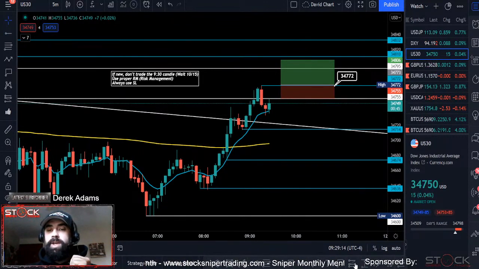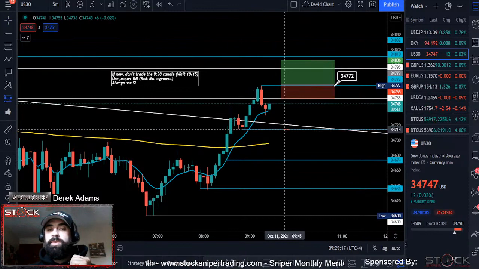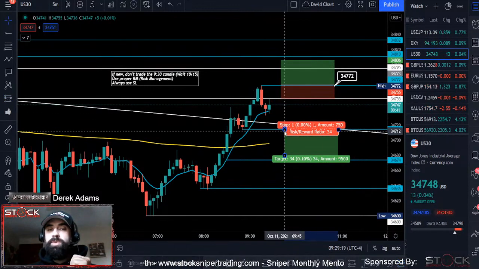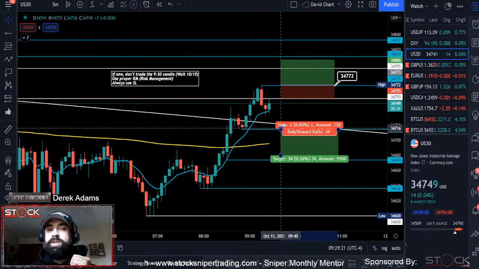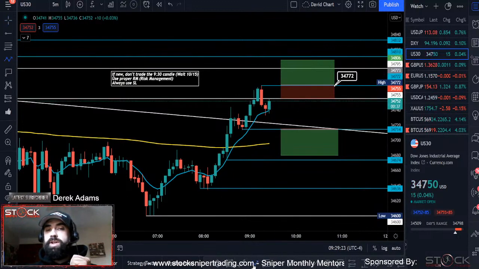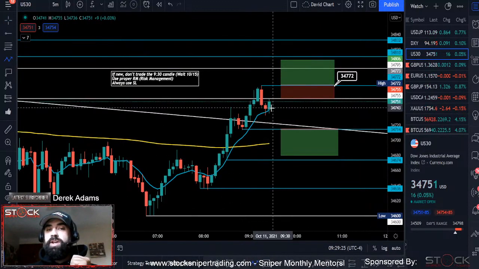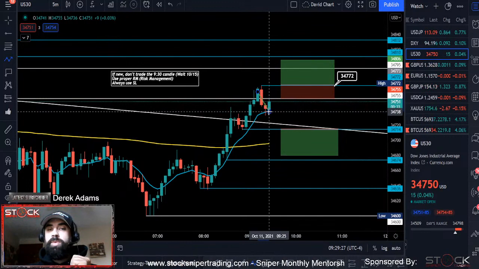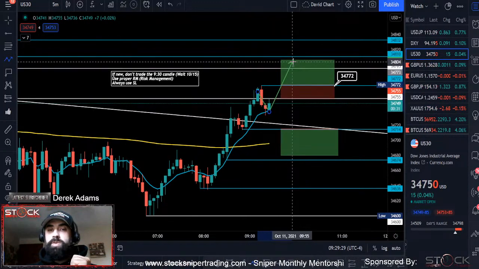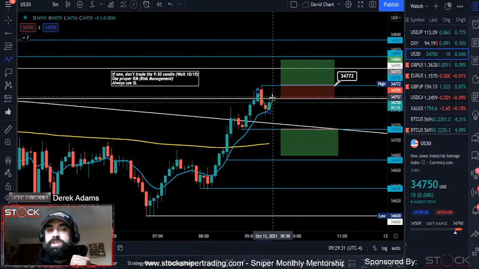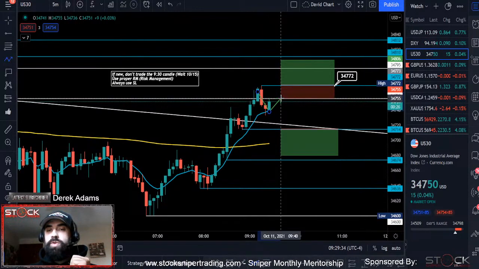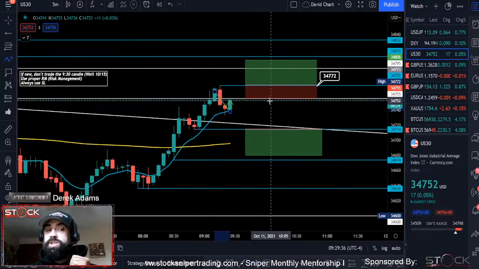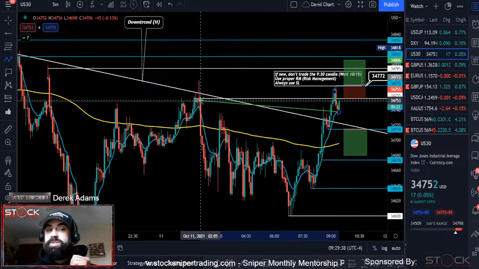Wait. Okay, if you want to, it's totally up to you guys. So I'm setting up 2 different pathways. The US 30 can happen. If it's going to, there's about 36 seconds here. I can see it's starting to form a little bit of support here, so maybe look for continuation to the upside. Okay, if it starts to hold support roughly at 34,755, which is that previous resistance right here,